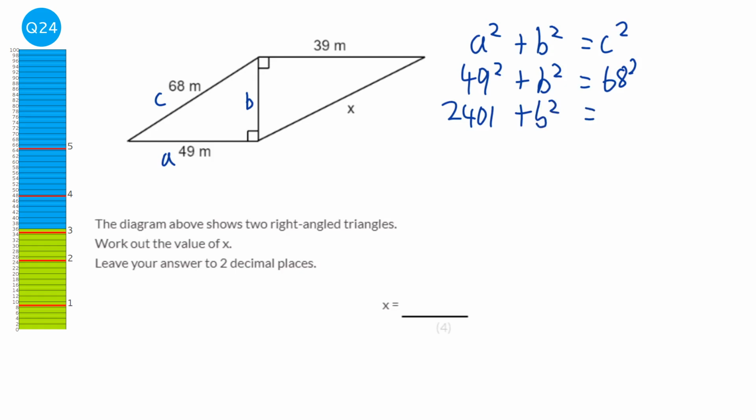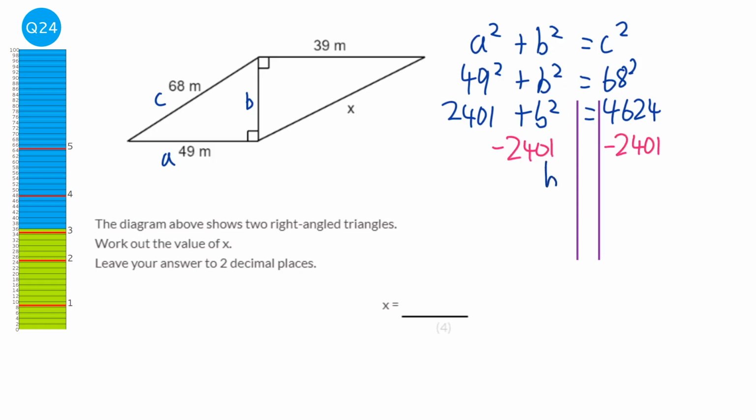And 68 squared is 4,624. So we are solving here, so let's get our lines down. We're going to start by subtracting the 2,401 from both sides. So we've got b squared equals 2,223. Then we're going to square root both sides, and we've got b equal to